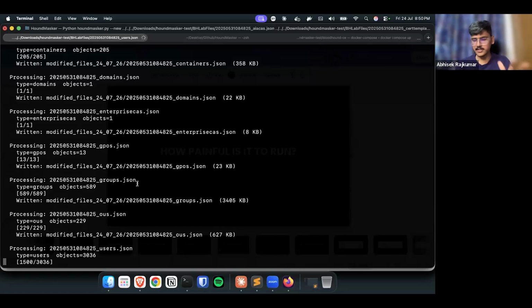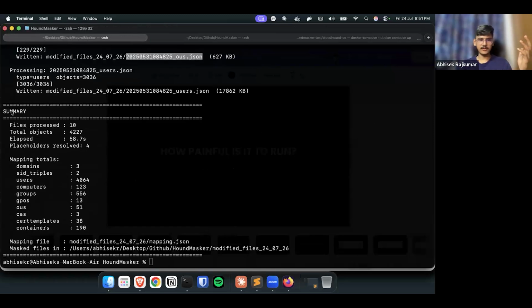So this is how it masks. It hardly takes 1 or 2 minutes. It's not going to take too much time because it is not very big data, but it's a decent amount of data that we are seeing. Once everything is done, you'll end up with a folder called modified files with the date, and it will have files like this. We'll just wait a moment for this to complete.